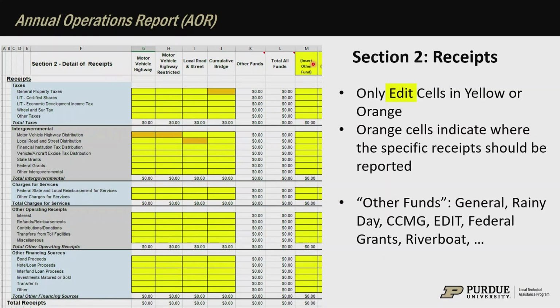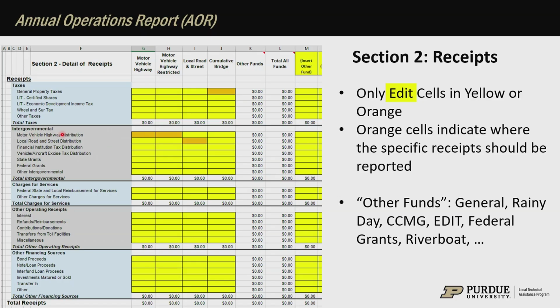So you can add in as many other fund types as your highway and street departments are using. You can insert more columns into there to build that out further if you have more than 5 or 6 that your street department or highway department is using. But also I want to highlight here these other orange